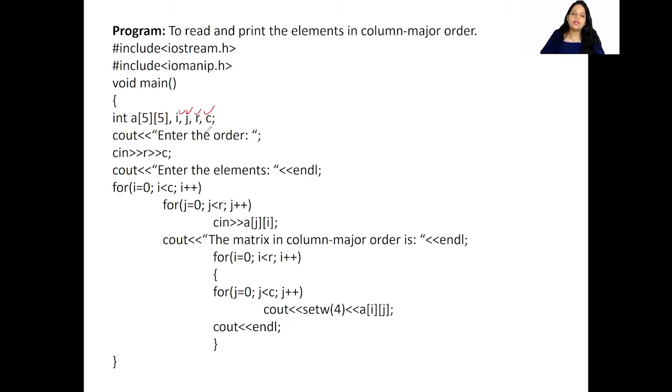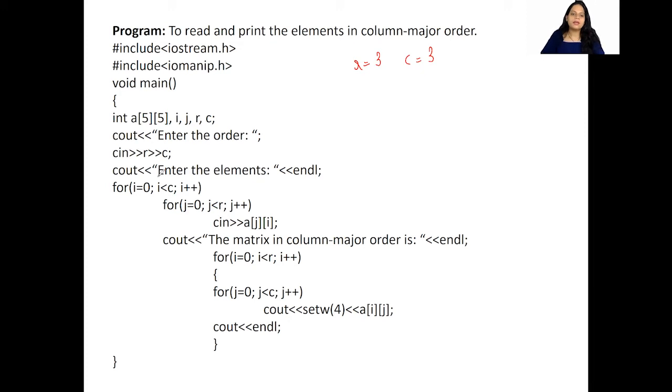So why do we need all this? We are going to see. Now, enter the order. First we are going to take the order. Order is nothing but, like I said, m into n, the number of rows and columns. So here we are taking the row value as R and the column value as C. R and C are the variables which we use to represent the number of rows and the number of columns. Initially we ask the user to enter the row value and the column value. Suppose I enter 3 as the row value and the column value also 3.